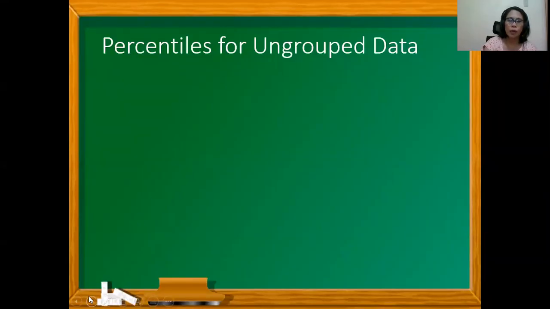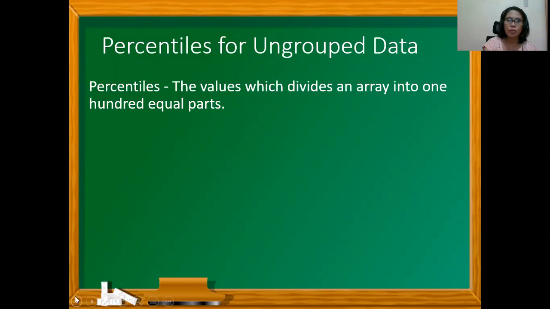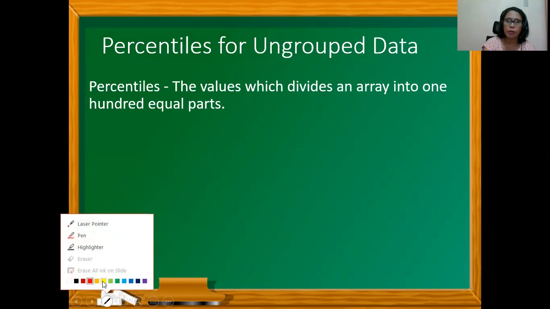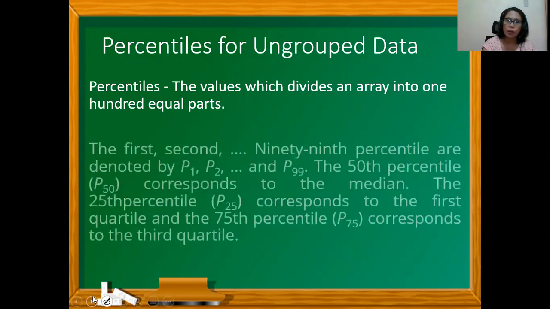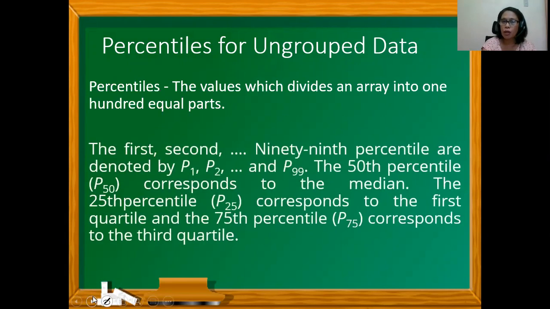Hi everyone. I am going to discuss percentiles for ungrouped data. So the percentiles are the values which divide an array of data into 100 equal parts. Okay? Now, the first, second, up to 99th percentile are denoted by P sub 1, P sub 2, up to P